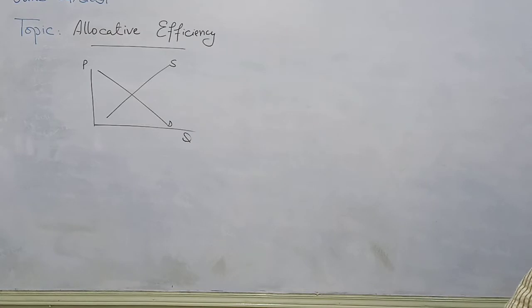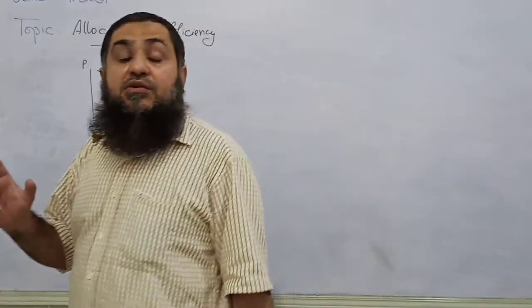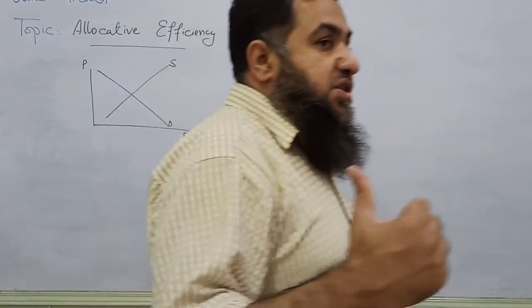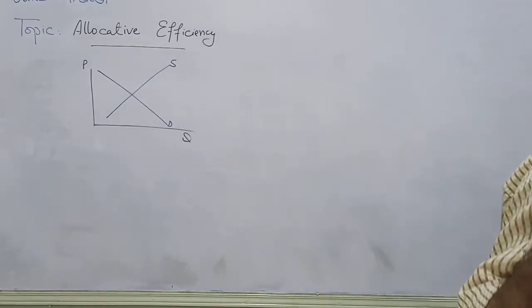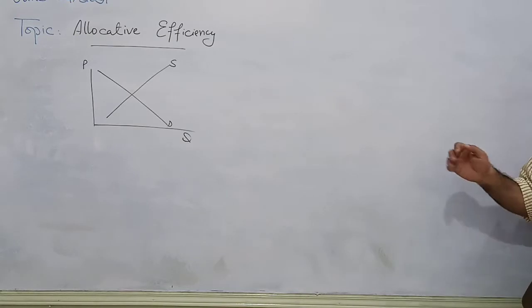Because market equilibrium is a point where we find no tendency to change. Whatever the quantity was demanded by the consumers, that was supplied by the sellers or producers. So this is called partial equilibrium. Partial means we are achieving this equilibrium condition under the ceteris paribus condition. Ceteris paribus means when other factors are kept constant.